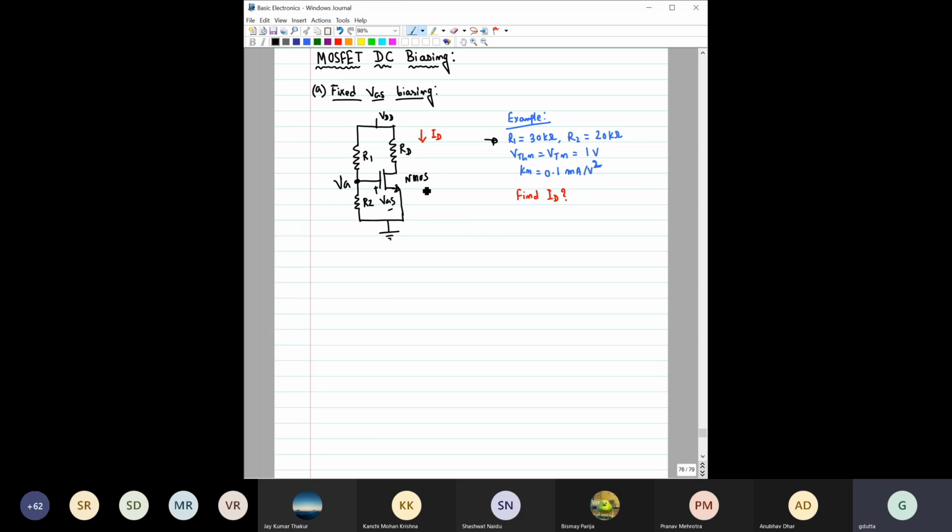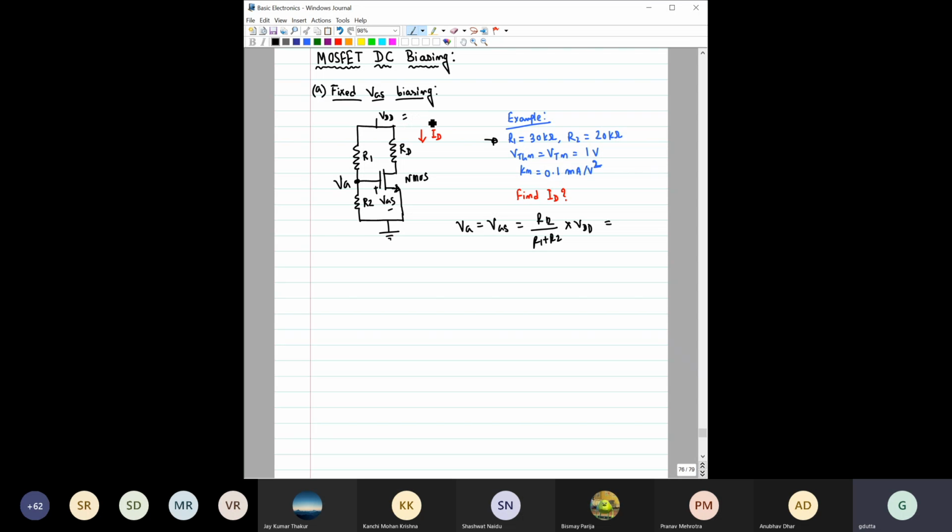First step should be to find out what is the gate voltage, gate potential, VG. So VG is basically equal to VGS for this case. What is the gate potential? Gate potential would be equal to R2 by R1 plus R2 into VDD. If you just put the values 30, 20, and this VDD,